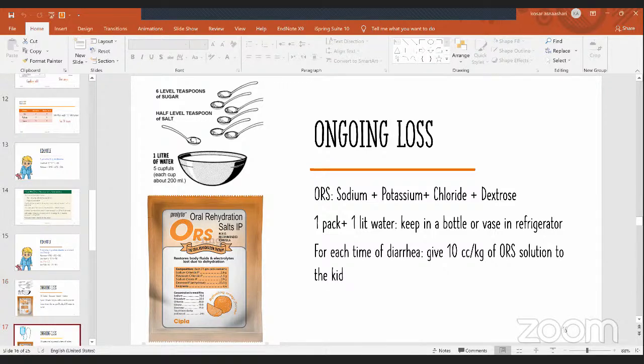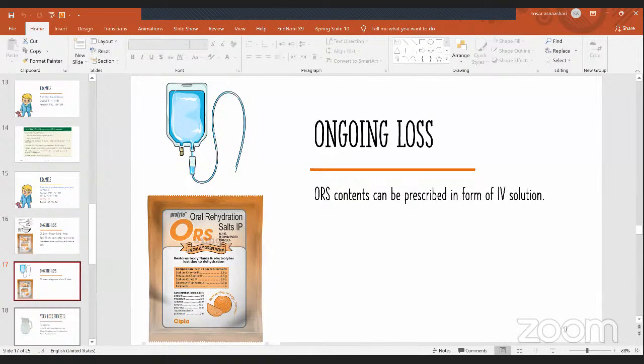And well, sometimes we cannot ask the patient to drink the ORS fluid. Maybe the patient is vomiting, okay? Maybe the patient is severely dehydrated and she's not able to drink anything, okay? So for the patients who are hospitalized and who are in this condition, we can prescribe the ORS in form of serum therapy. The exact contents of ORS can be packed into a serum package, okay? And then the nurse will prepare this solution, will connect it to the patient, and for each time of defecation, of passing stool as diarrhea,